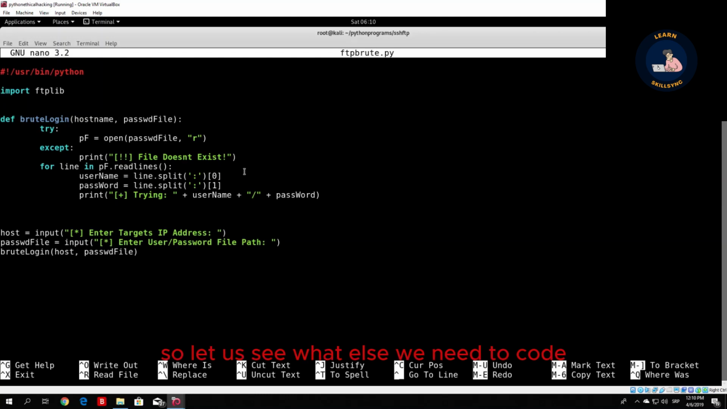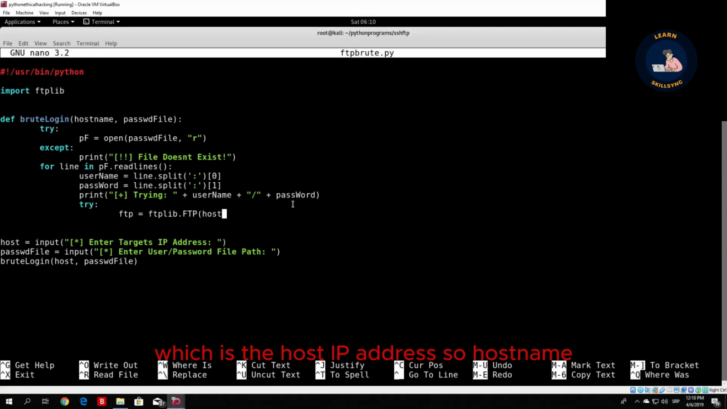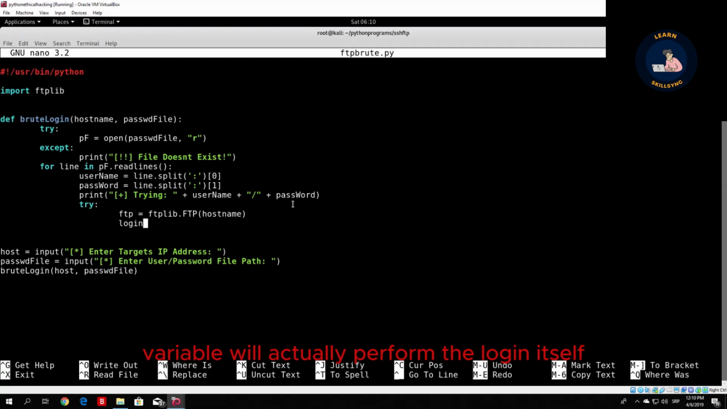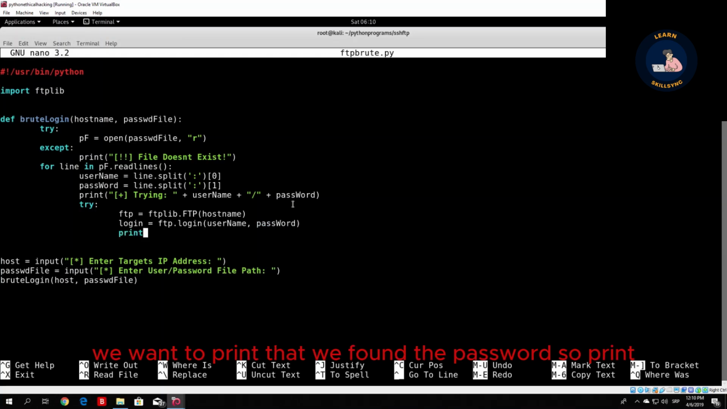So let us see what else we need to code. All we want to do is actually code the actual logging in right now, so we can try that. So try to log in. We will set the FTP variable to ftplib.FTP from our host name, which is the host IP address, so host name. And right now, our login variable will actually perform the login itself. So FTP login on the username and password. So we close the brackets right here. And in case this works, we want to print that we found the password. So print,